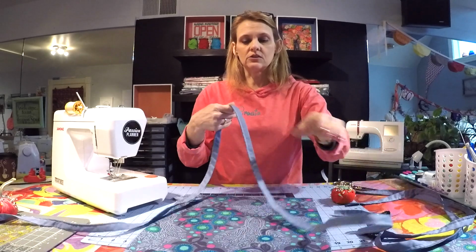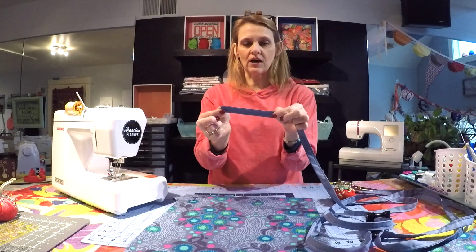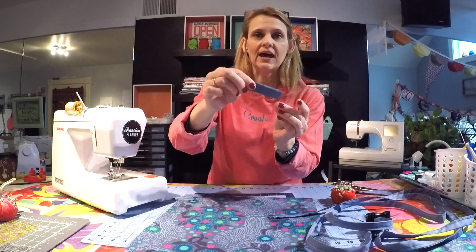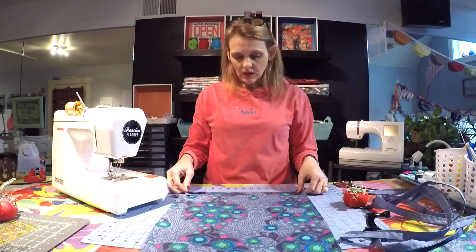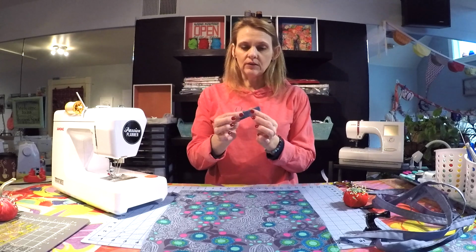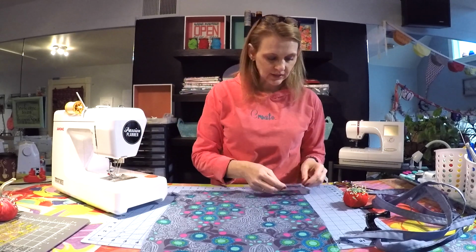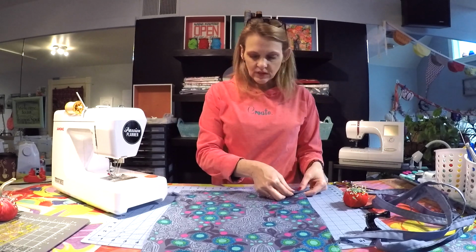So you will create 2 of those really long straps, and then you're going to cut off a 5-inch piece from each of your straps, and these are going to become little tabs which you'll fold in half and attach to the bottom of that exterior panel. This is what we're going to loop the backpack straps and the drawstring through. So fold your 5-inch tab in half so the raw edges align, and then position that 2 inches up from the base